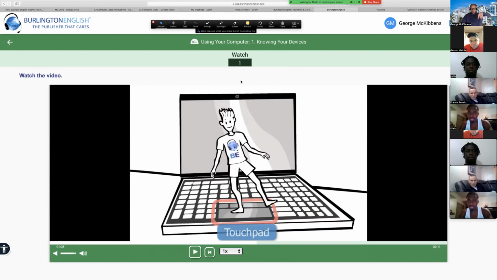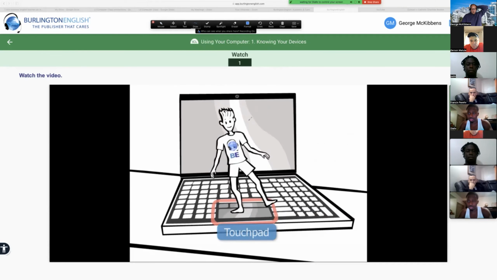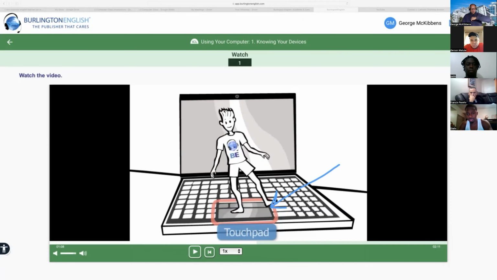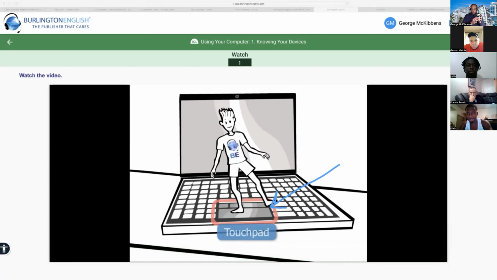The way you scroll, if you have a laptop, it'll have a touchpad or a trackpad. So when I was doing this with my hand, that's the touchpad. With this finger, your middle finger, you would scroll up and scroll down, and then you'd click on the right side.